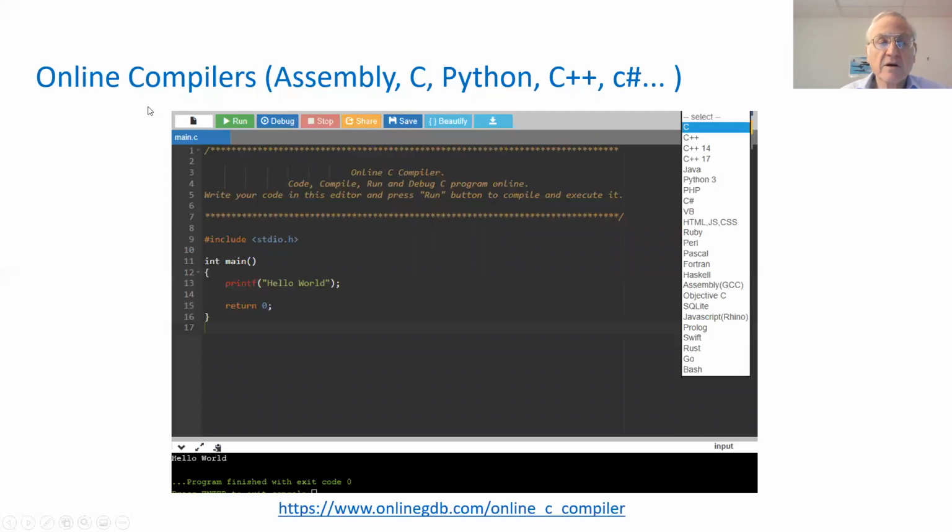Here's an example of an online compiler that we could get for various programs. There are almost 20 of them listed here. The first one is C, and here's an example of what it looks like. You get it online and you run it in the cloud, so you don't have to download the C program